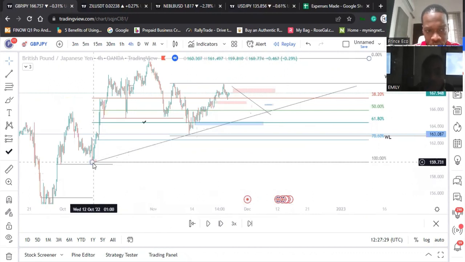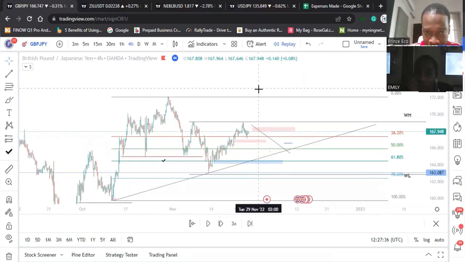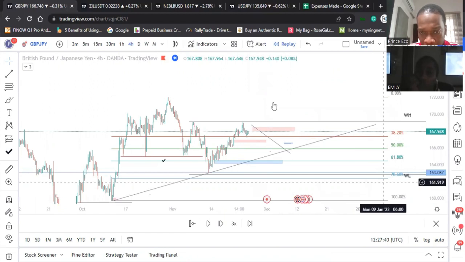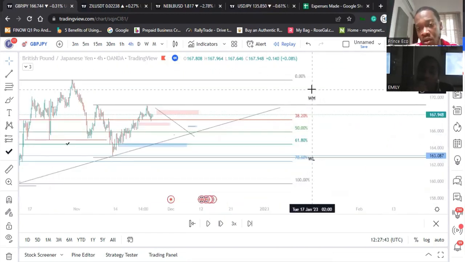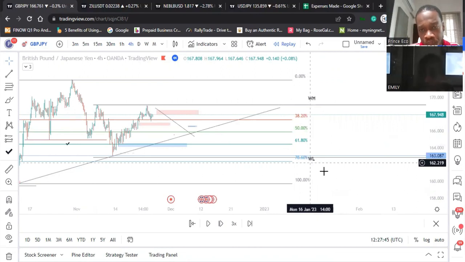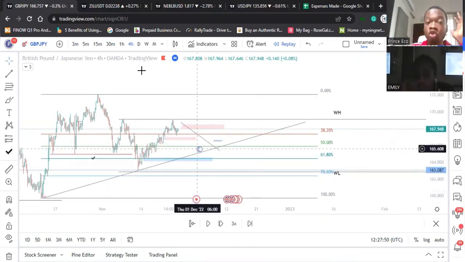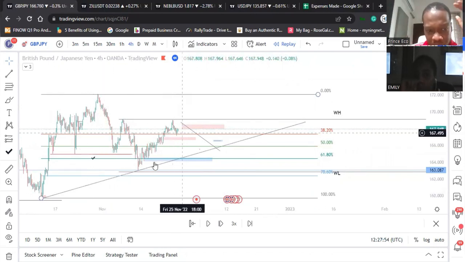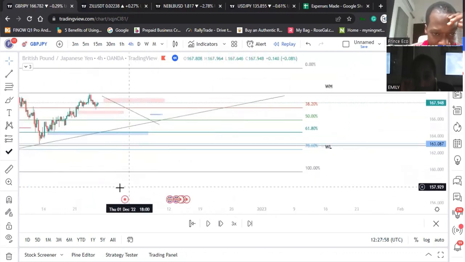The trend line is showing me higher low, higher high, higher low, higher. It's trying to still form a higher high. It has not broken it yet, mind you. And we mapped out our weekly high, weekly low. So I'm still expecting the market in this case to still break above this, sincerely speaking. But before breaking above this, I'm expecting the market to also come and sweep out liquidity because, like I said,